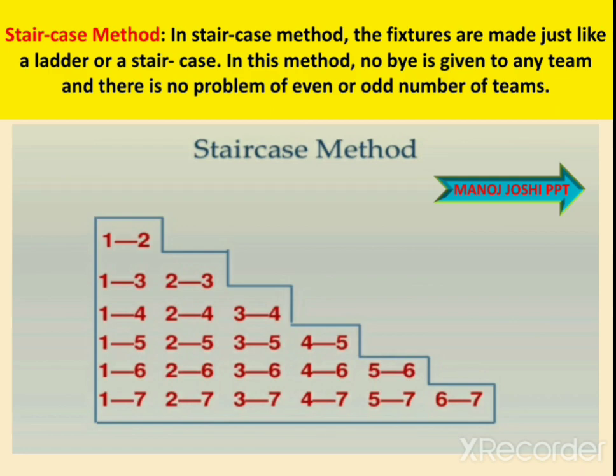So 2, 2, 2, 2, 5 times we are writing here. Then 3, 4, 5, 6, 7. Again in front we will write. After 2 what comes? 3. So 3, 4, 5, 6, 7.